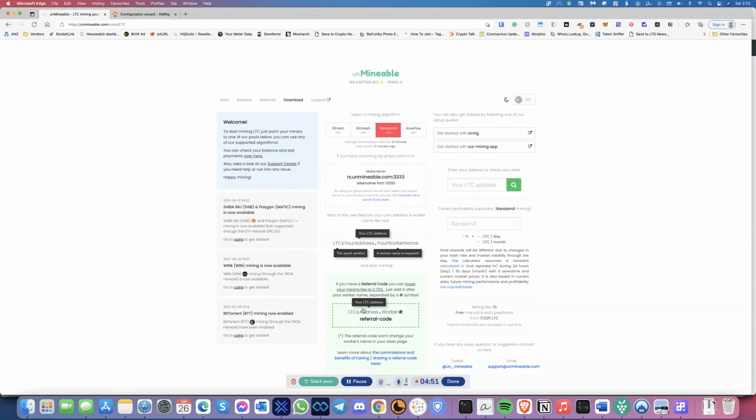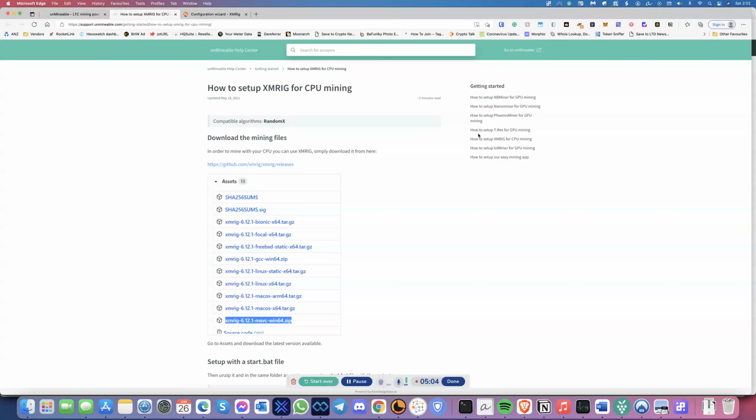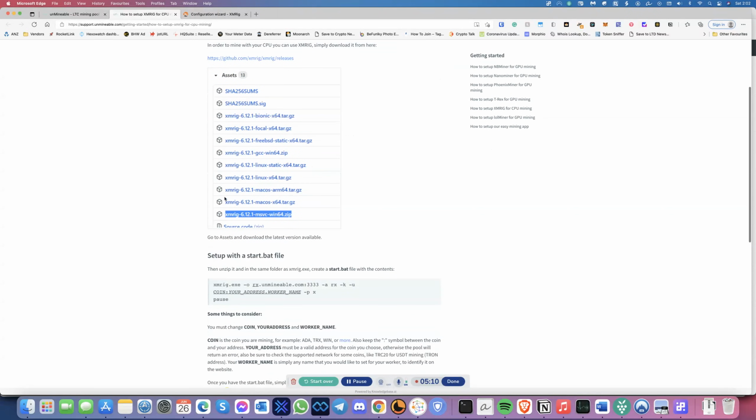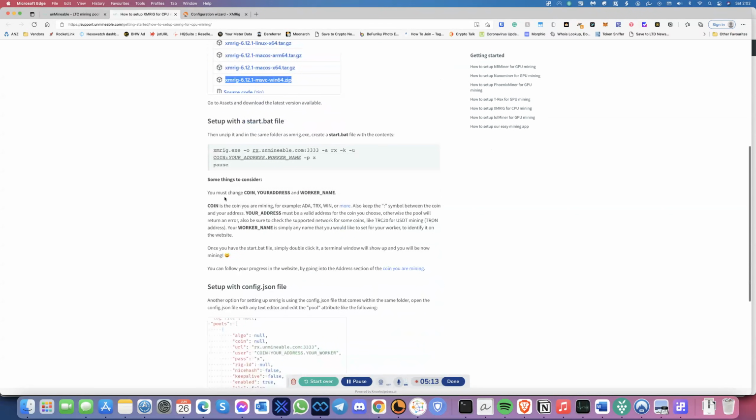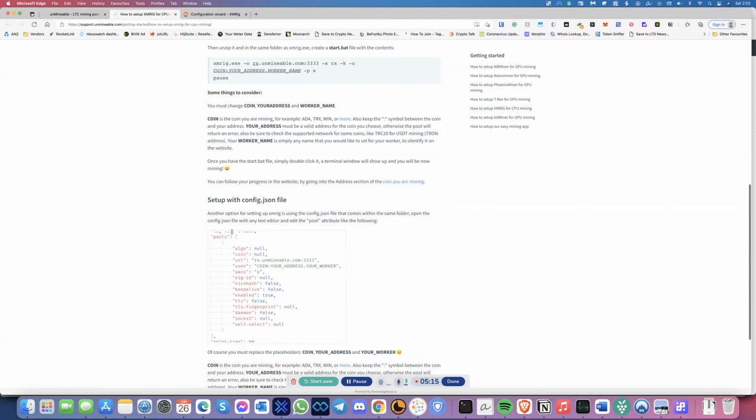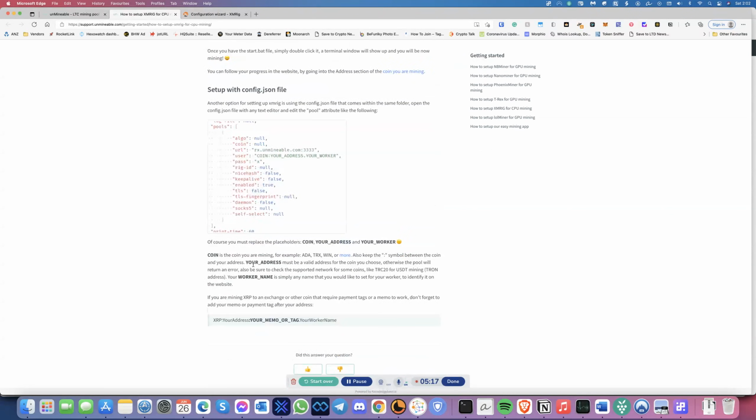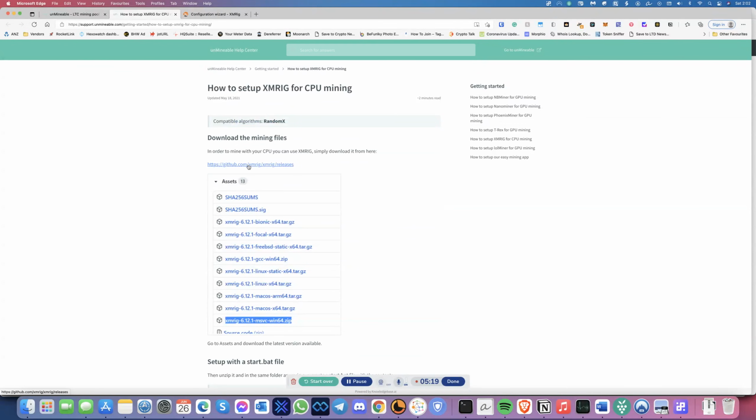So essentially, I'm just going to show you how this works. For the Mac, you will need to get something called XMRig. This is one of the mining tools that you would need. So you need to download these mining files. They've got all the instructions on what you need to do. And then you set up the configuration file and off you go. So when you click on GitHub,